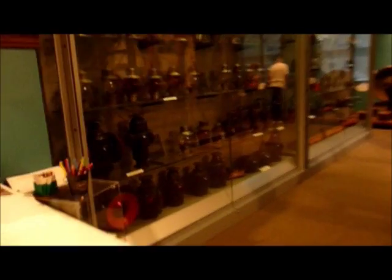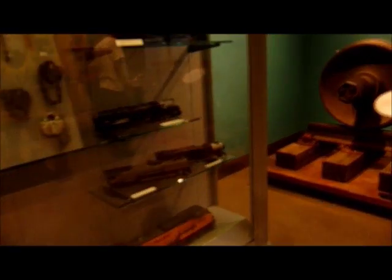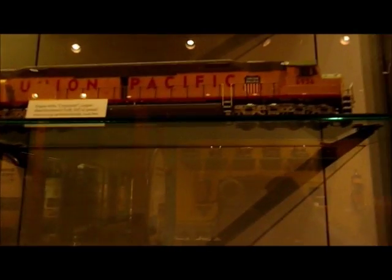An old camera, old railroad lanterns, and some model trains, switch locks. And here's a motor car. The wind splitter, there's only one surviving, Union Pacific 6936, the only operating DDA 40X,